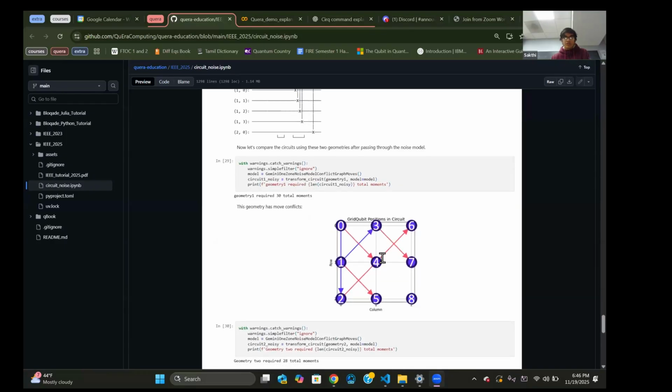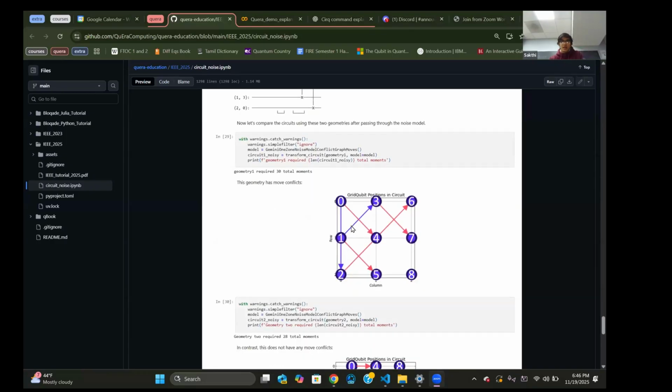So we can see this is our first configuration. Based off of this and the operations that we need to perform on the qubits themselves, it's basically taking into account